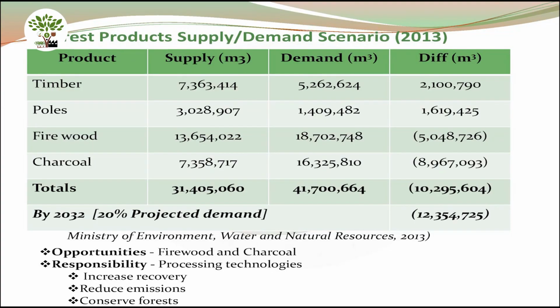So I've got a table there. A timber supply, you can see, is 7 million cubic meters. The demand is 5 million. So the difference is 2 million. So in total, if we total it, of course, there's a deficit of 10 million cubic meters of these values in 2032. So the opportunities that we could have is on firewood and charcoal, with responsibility being on